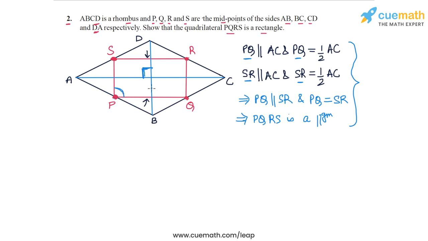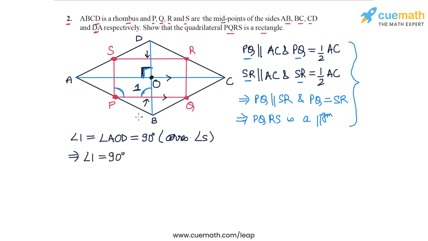To do that, let's first find this angle here. Let's call this angle 1. What do you think is the measure of angle 1? Because PQ is parallel to AC, angle 1 forms a corresponding angle with this 90 degree angle here. If the point of intersection of the diagonals is O, then angle 1 forms a corresponding angle with angle AOD, which is equal to 90 degrees. This means that angle 1 is 90 degrees.